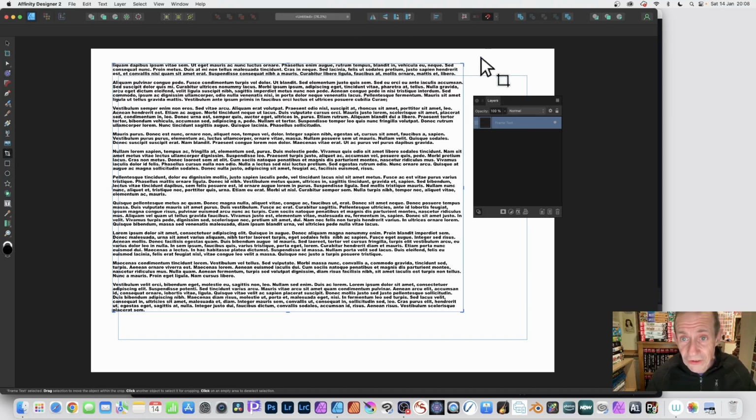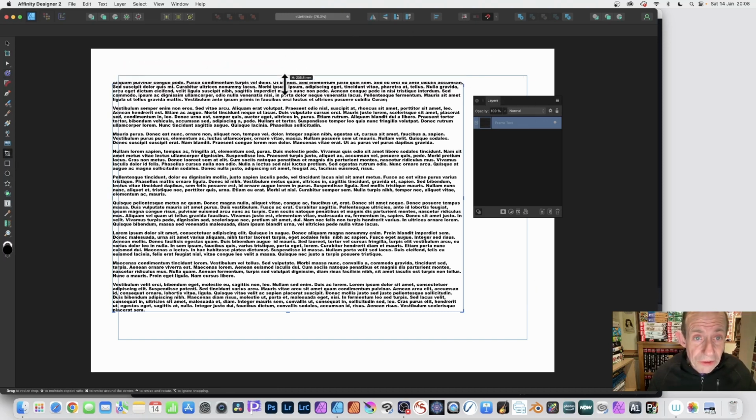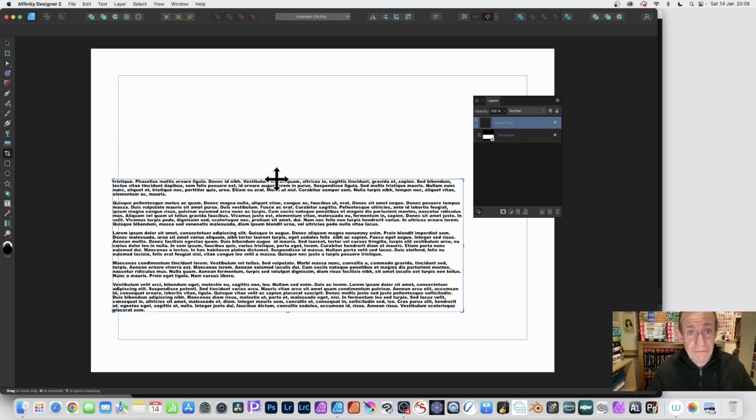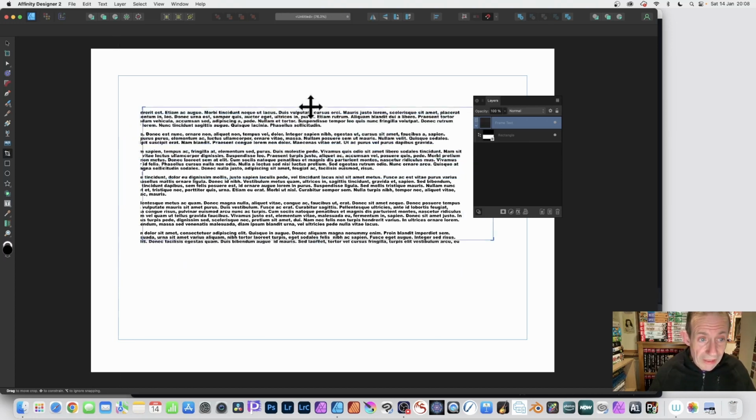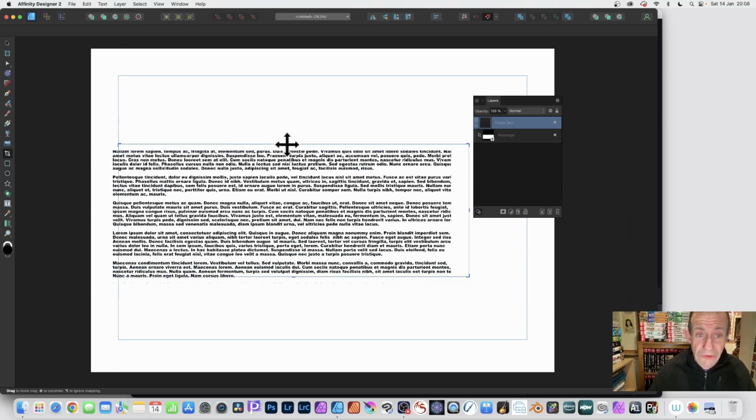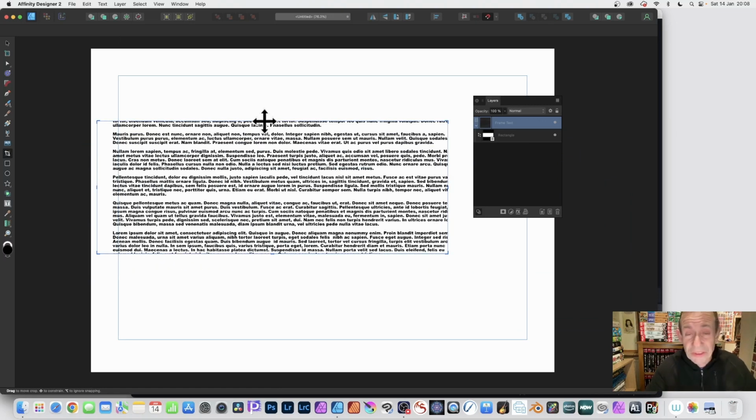got a crop around the edge. Go here, and you can just drag that down. It's still there, still live. You can see there you've got a cursor change, and you can drag it up, you can move it around. You can still see all your text. Now, of course, this is filler text, so I can't change the text, but I can do all kinds of